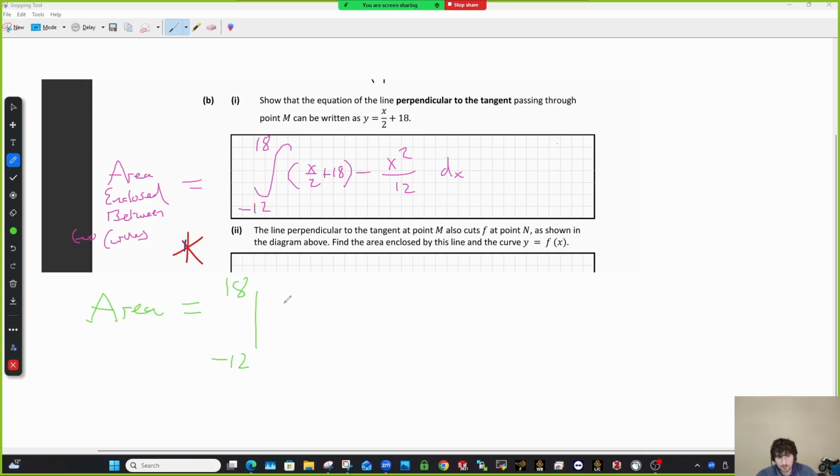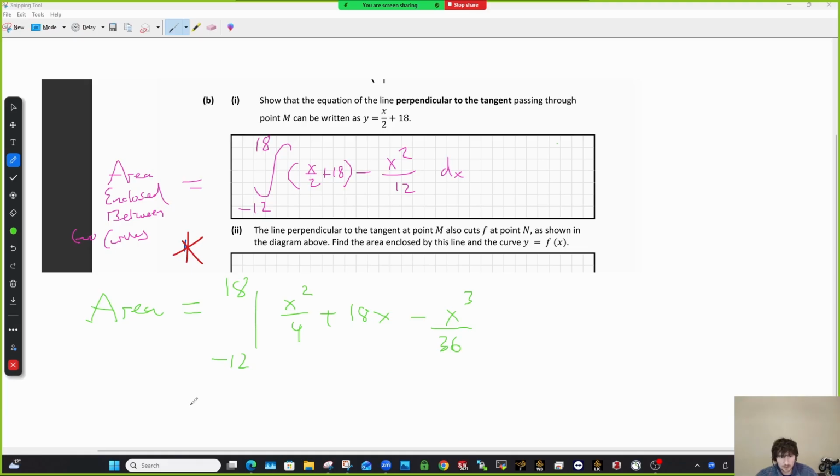So x over 2 integrated becomes x squared over 4. Hopefully you're okay with that. This becomes 18x, and this will be a minus x cubed over 36. Okay, I think I've integrated that correctly. Looks like it. 18 x squared over 2, yeah. So you can always quickly differentiate it again in your head to make sure that it goes back to the